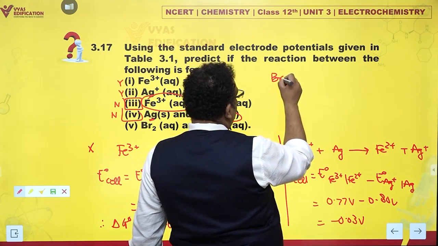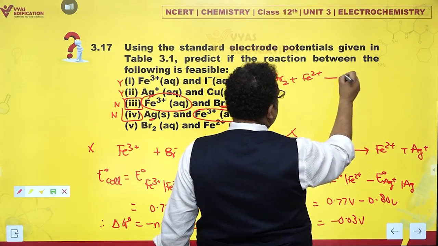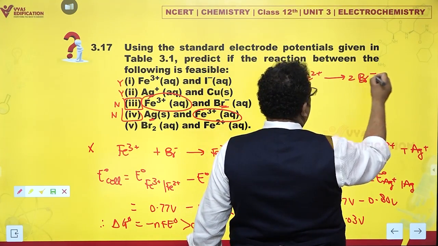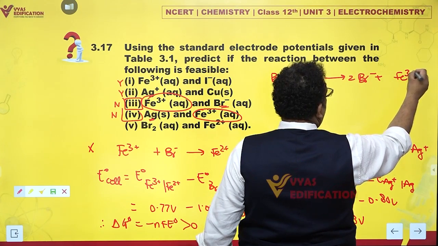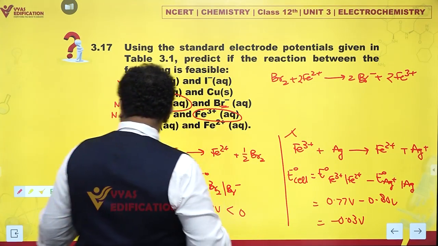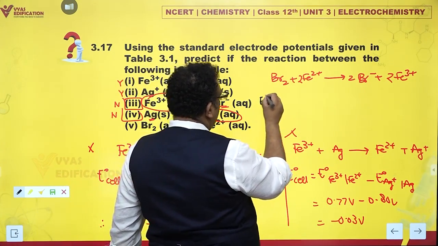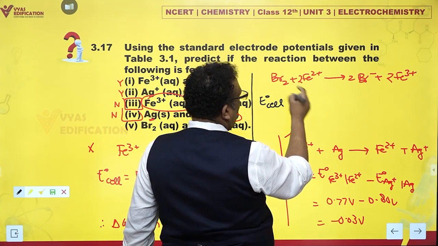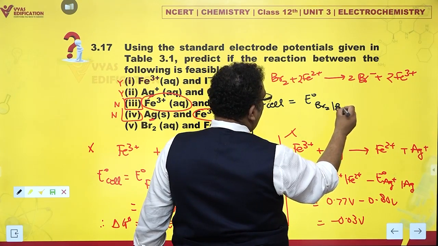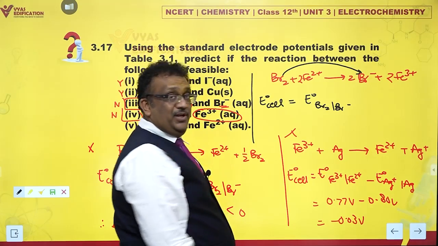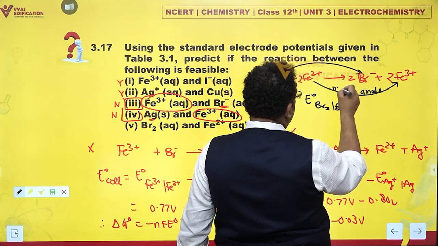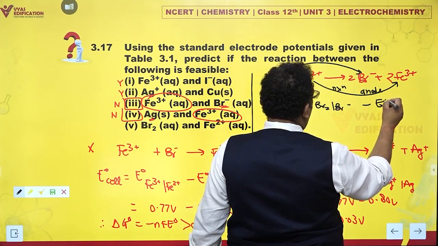Now, if bromine intends to react with ferrous, what might they do? Well, bromine would get reduced to Br minus, and ferrous would get oxidized. It would give you ferric. Oh, that's nice. How do I solve this? E0 cell would be E0 cathode. Cathode is where reduction occurs. The E0 of bromine to Br minus. Why? Because this is where reduction is happening. What about anode? Anode is where oxidation occurs. That is the definition. Minus E0 of ferric to ferrous,